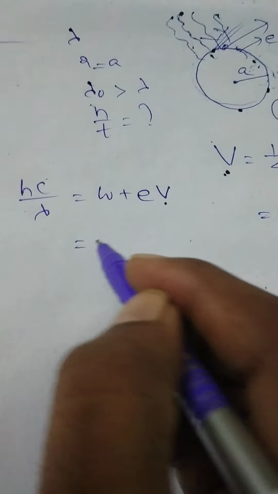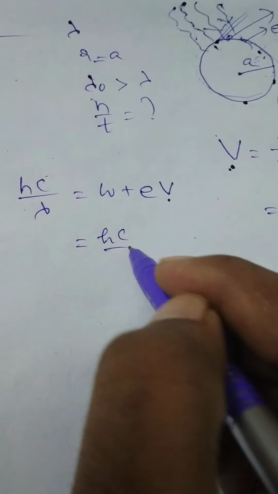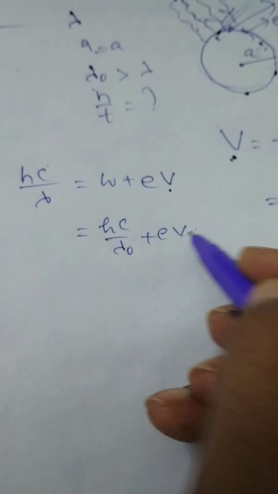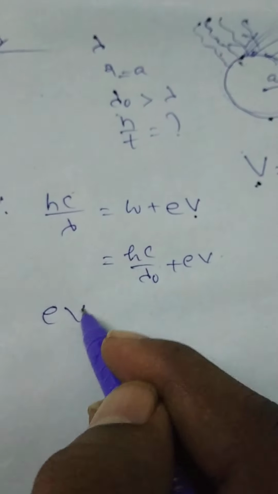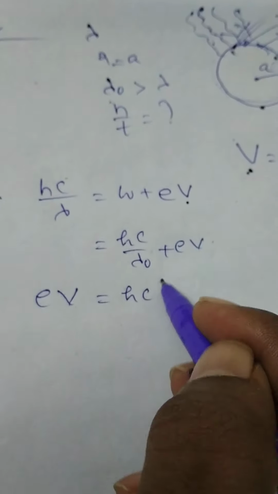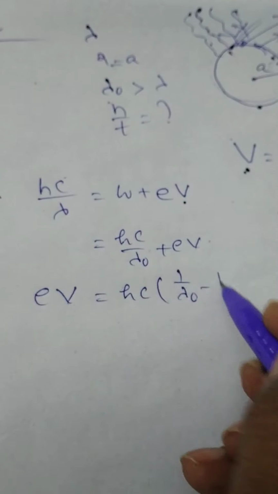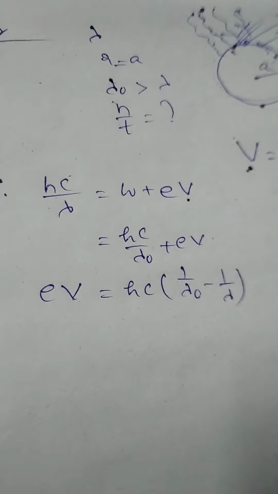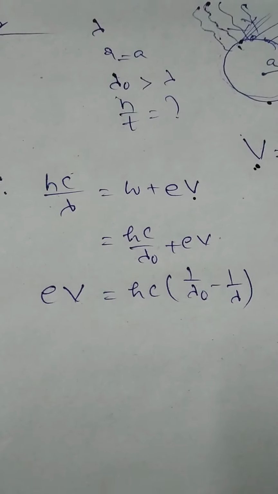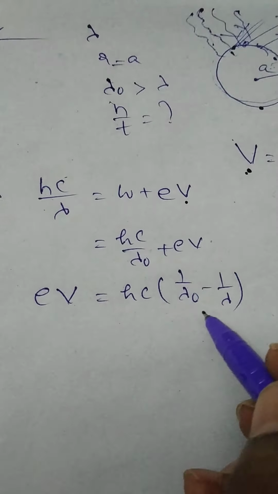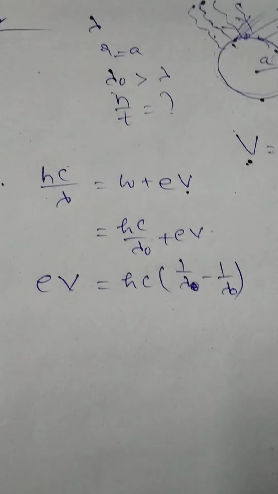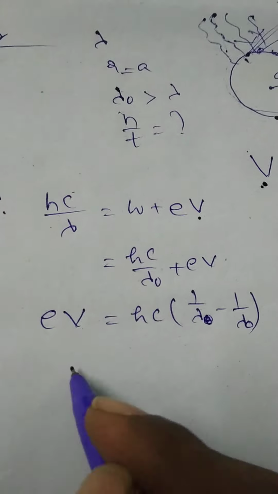So W is equal to hc by lambda naught, and eV is equal to hc into 1 by lambda minus 1 by lambda naught. Or V is equal to